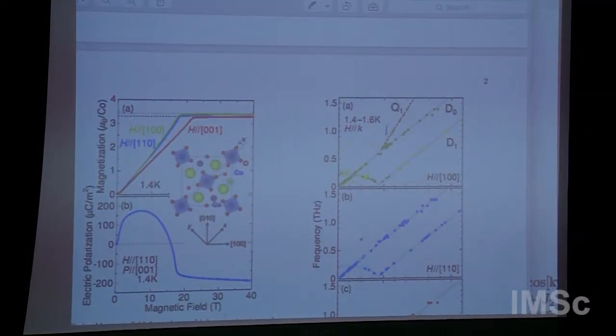The energy is just twice the magnetic field, 2hg. So that's why the slope here is twice that of the single magnon modes. And the simple reason why it cannot hop is the following,